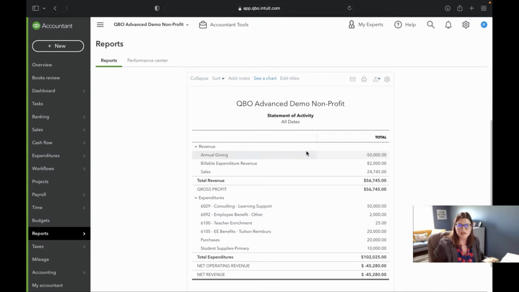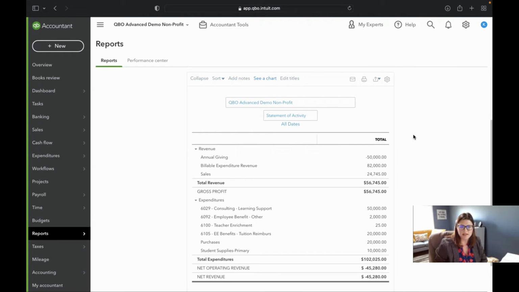Okay, and you can see your revenue is still called revenue, and it's got your giving funds and so on, depending on what kind of nonprofit you are. We're about to do some videos on HOAs, so with them it might be their dues and so forth. And then you have your expenditures, which are called expenditures here, and then it's going to have operating revenue and so on. But this is going to be called your statement of activity.